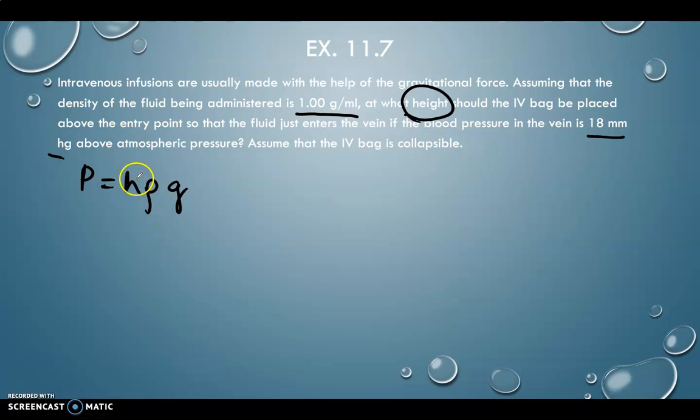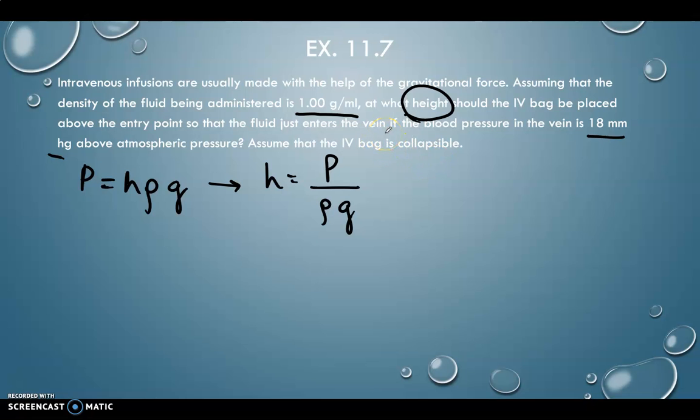We want to know height. We know the density of the fluid, and we know the pressure, the blood pressure. So the height is going to be P over rho times g. We're going to need to